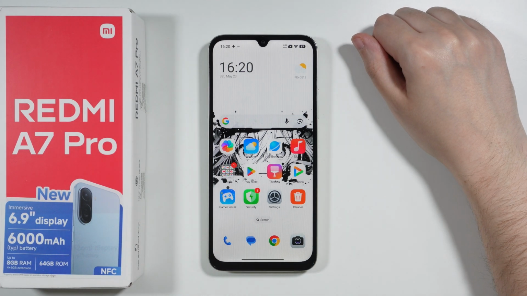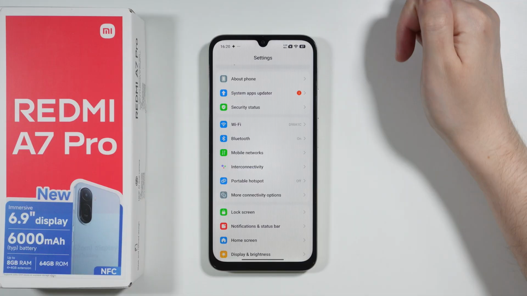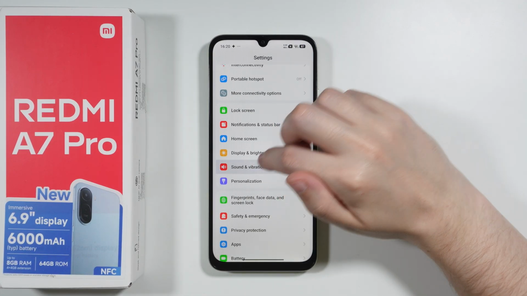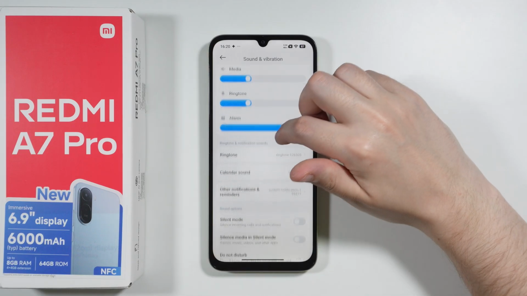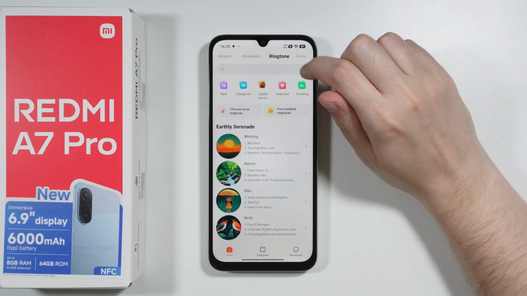If you want to set a song as a ringtone on the Redmi A7 Pro, then in that case we're gonna open settings. Then in settings we're gonna scroll down a little bit and you want to choose sound and vibration. Then in here we can go to the ringtone